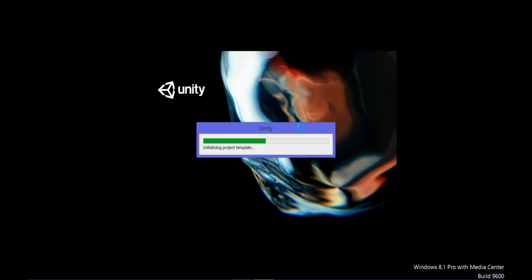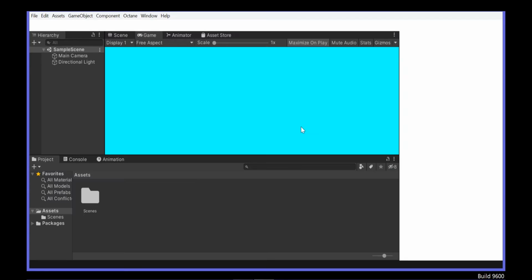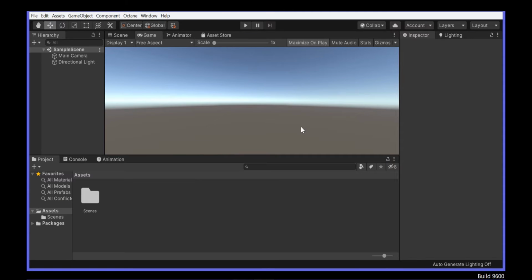So it's time to wait for the Unity loadings. I'm using the Unity editor 2019.3.12. However, you can use another version, it doesn't matter. Alright,